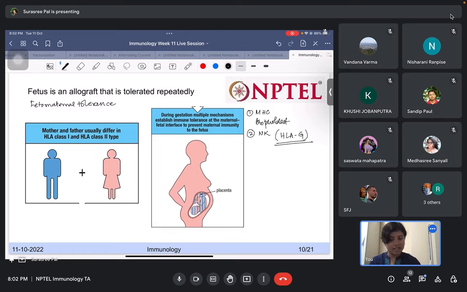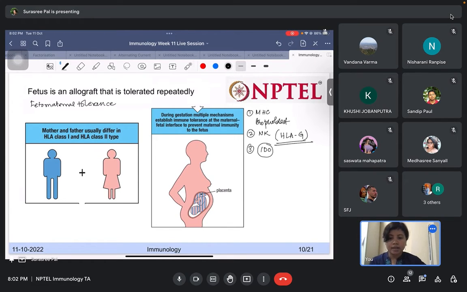HLA-G is a class 1 MHC molecule which protects the trophoblast from the attack of these NK cells. Actually, what it does is that it does not allow the natural killer cells to kill, right? So that is the second round of tolerance. The next is one very important